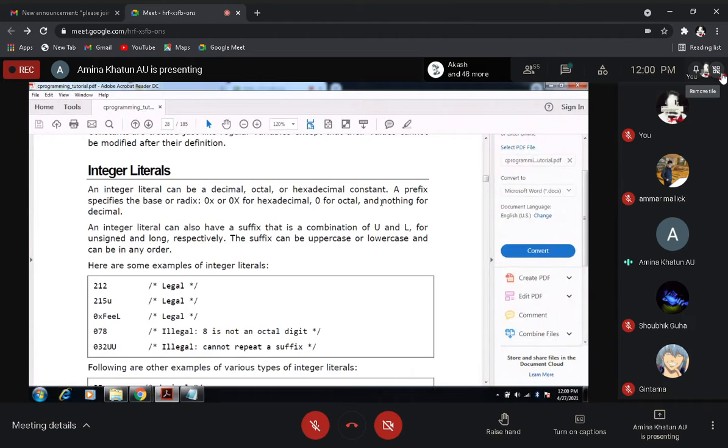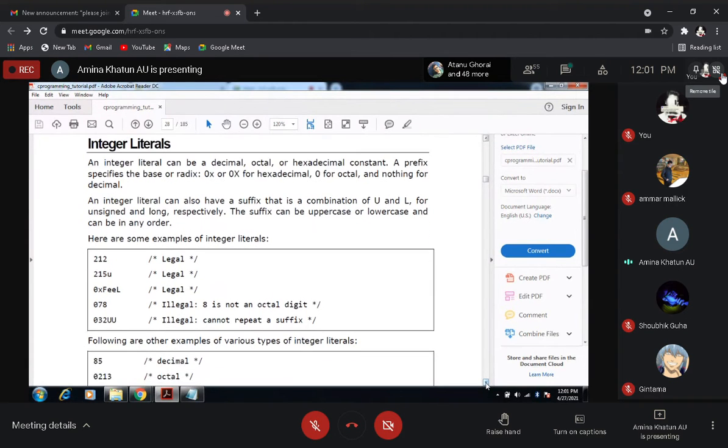We already know that the prefix 0x or 0X is used for a hexadecimal number, 0 is used for an octal number, and for a decimal number we do not use anything. So here you can see some examples.